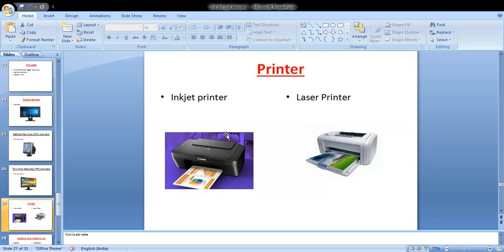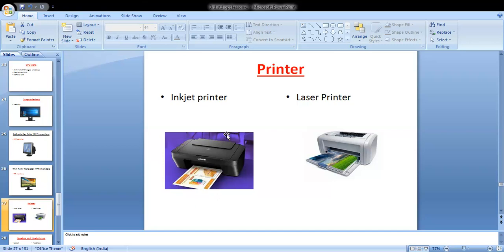The printer copies the information that you see on a monitor onto paper. Suppose what you see on a screen, if you want to take that on paper, then a printer is required. If you want to take any images which you have drawn on a computer onto paper, you can use printers.